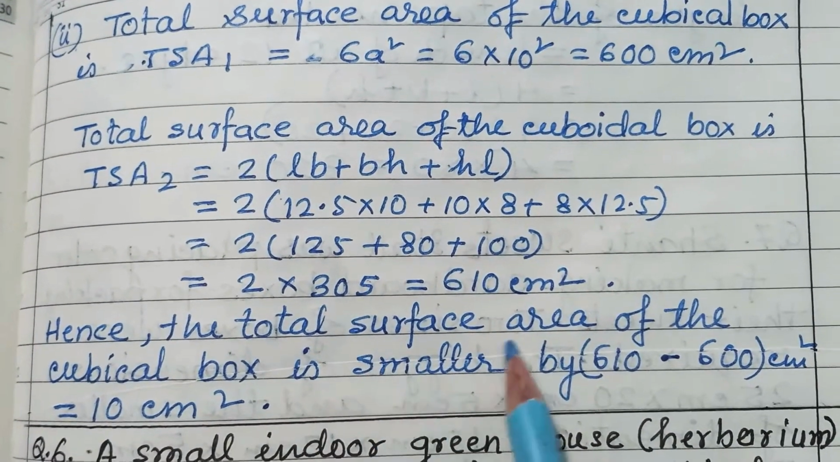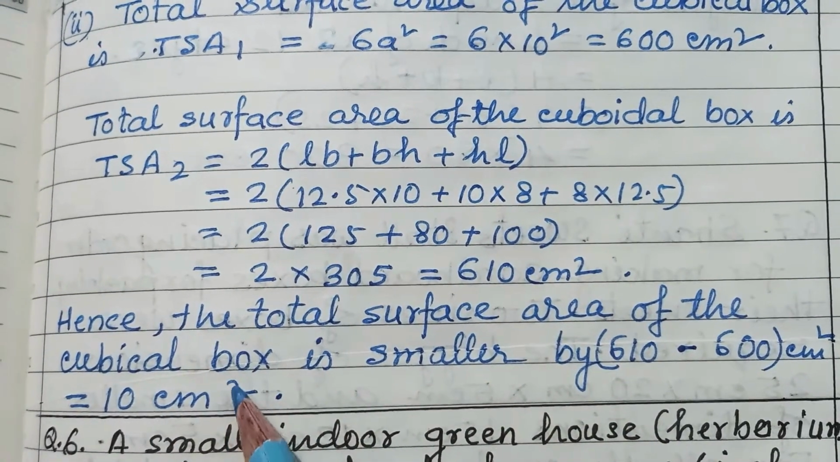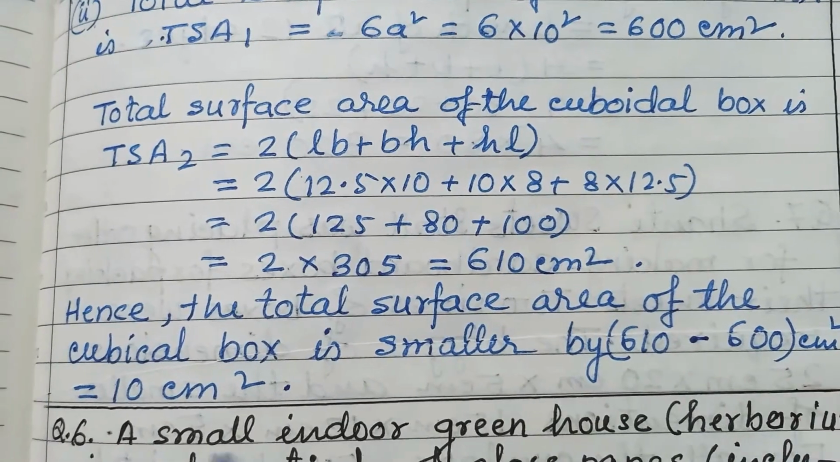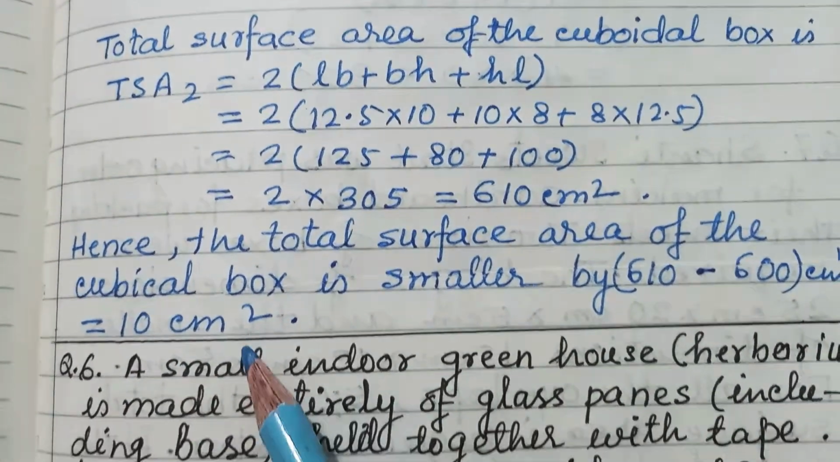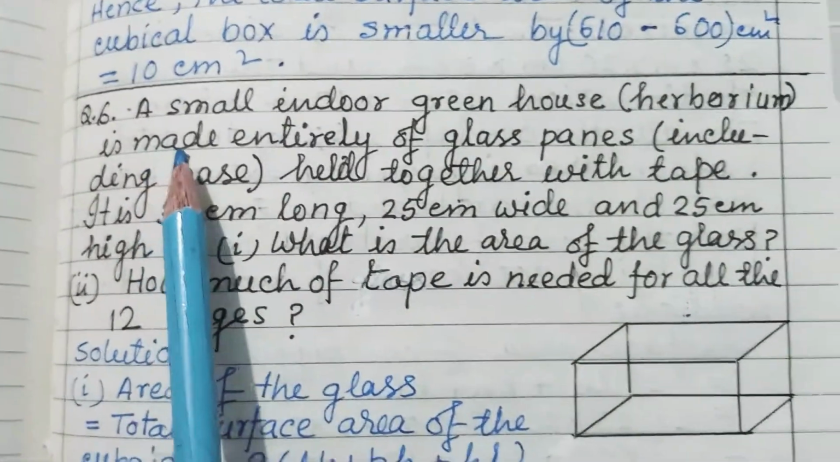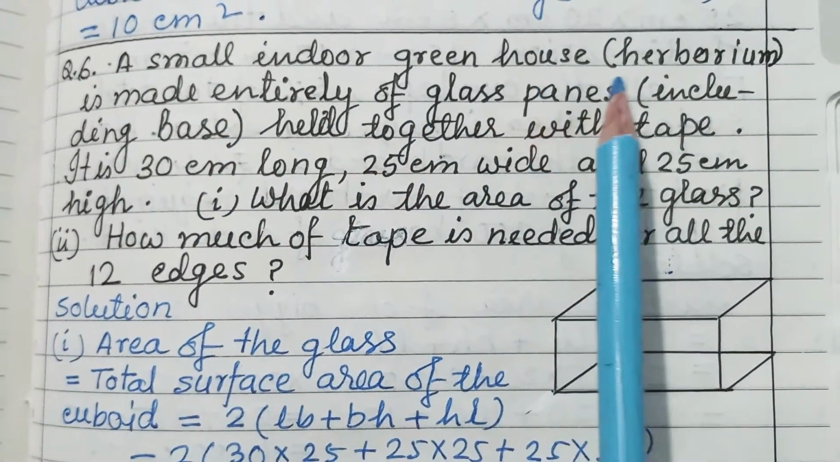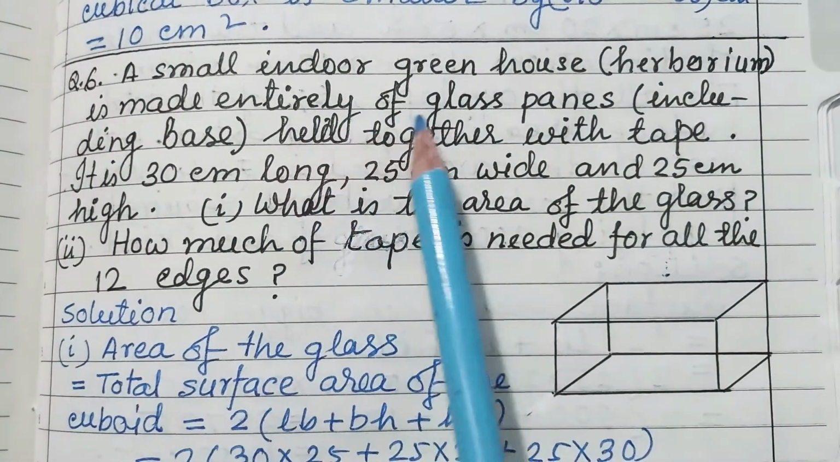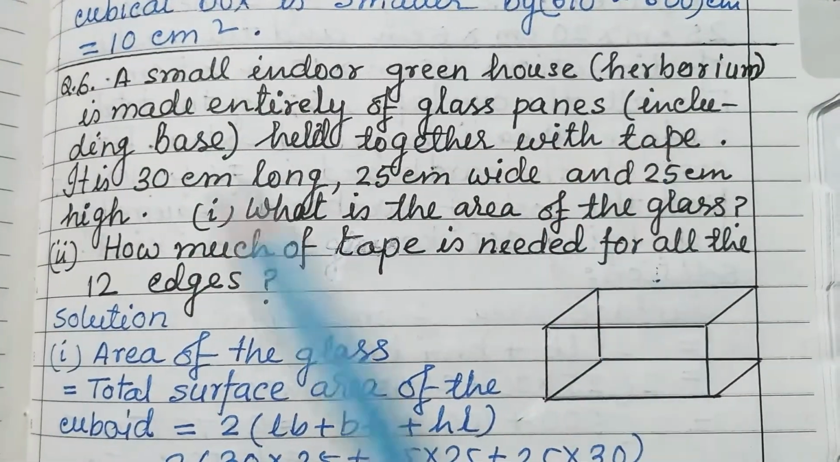So the total surface area of the cubical box is smaller by 610 minus 600 centimeter square, which is equal to 10 centimeter square. Okay. Next question is, a small indoor greenhouse herbarium is made entirely of glass panes including the base,